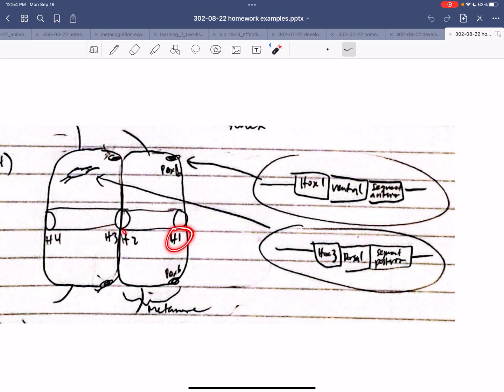And they put HOX1, 2, 3, 4. You're going to be better off putting 1 HOX gene per segment, just to keep it simple. But for PAX6, they have HOX1, which is this region. And they have ventral, which would mean it would be toward the ventral side, and they did segment anterior, which would be up here. The thing that's missing, I think I may have taken off 0.01 point for this, would be